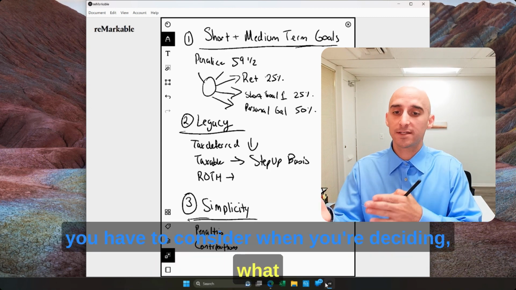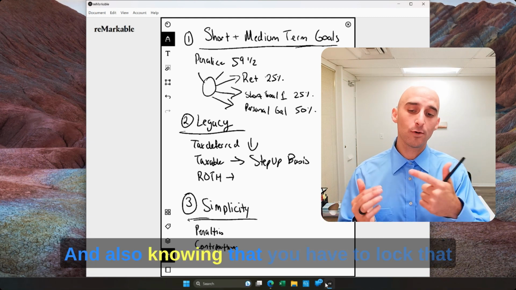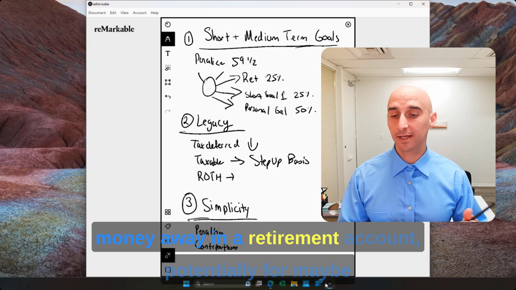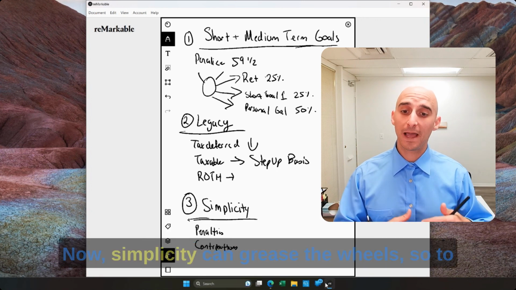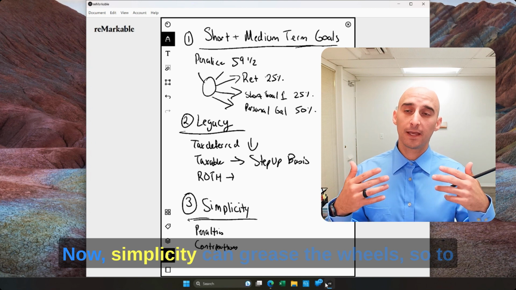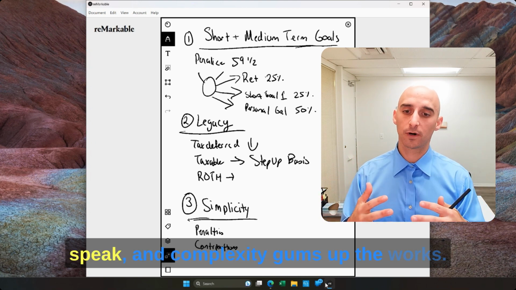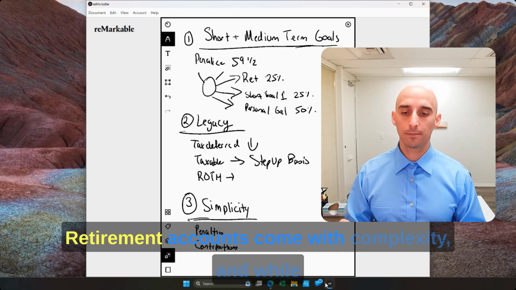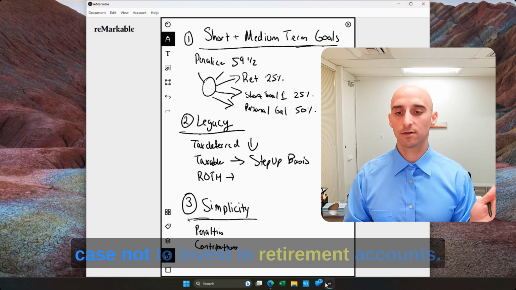when you're deciding what type of account to put it in, and also knowing that you have to lock that money away in a retirement account potentially for maybe as many as 30 or 40 years. Now, simplicity can grease the wheels, so to speak, and complexity gums up the works. Retirement accounts come with complexity, and while they are useful, this is not a case not to invest in retirement